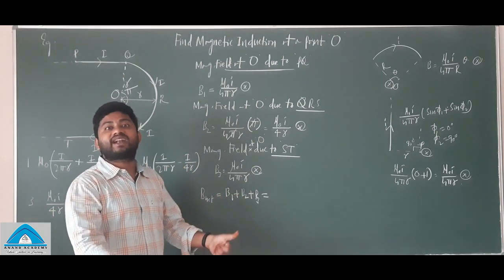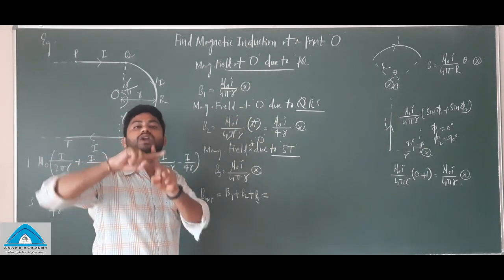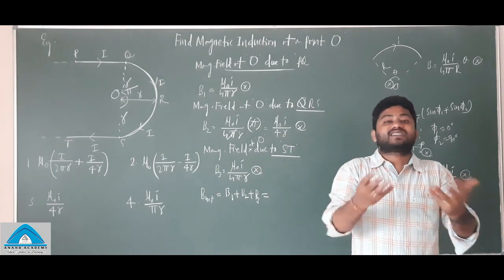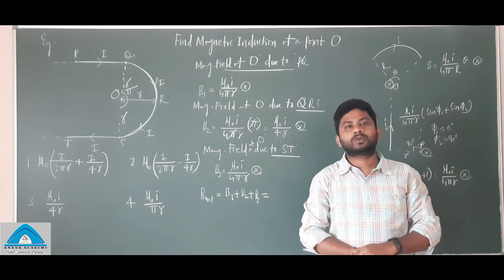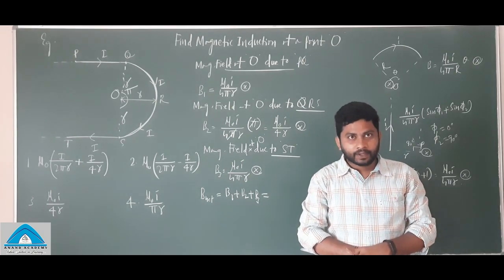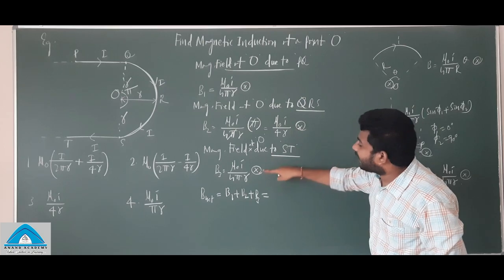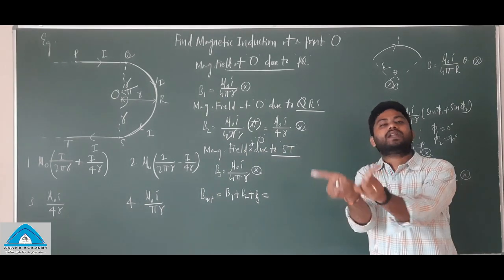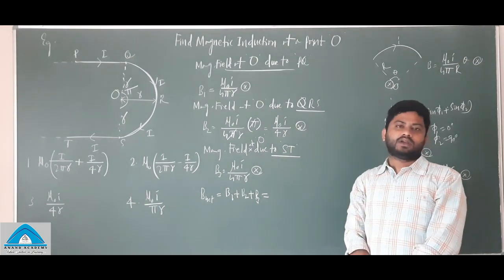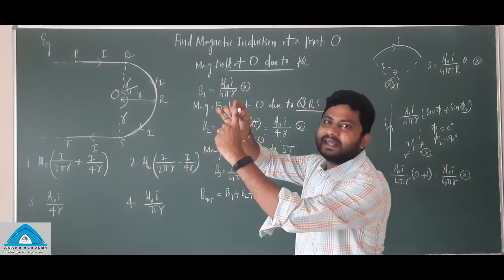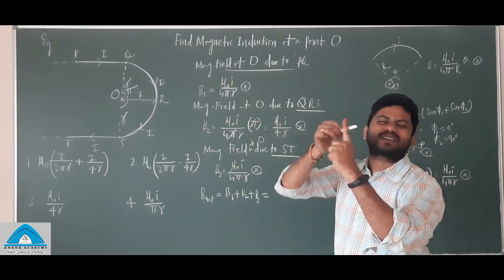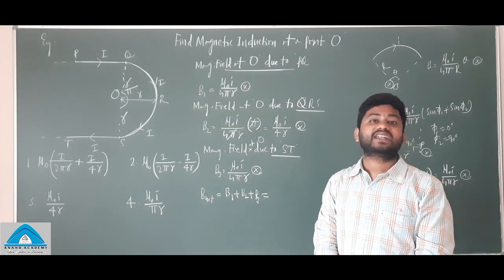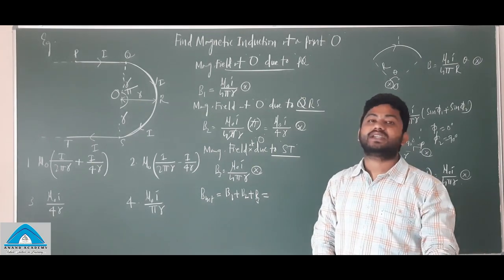Understand? When the magnetic field directions are perpendicular to each other, we will be using the vector laws of addition to find the resultant. I hope it's very clear to you. What I am going to tell you is, when the magnetic field lines are in the same direction, we just add up. When they are in opposite directions, we just subtract. When they are perpendicular to each other, we find the resultant by using vector laws of addition, because magnetic field intensity is a vector quantity.